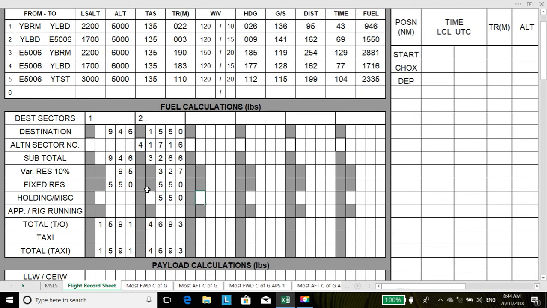So that's fixed reserve 550, the holding that's there. We might want to put rig running as well, 150. And then there's taxi fuel to go in here, 100. So now, going back to what I was saying before, there's the figure for departing to Lombardina to the